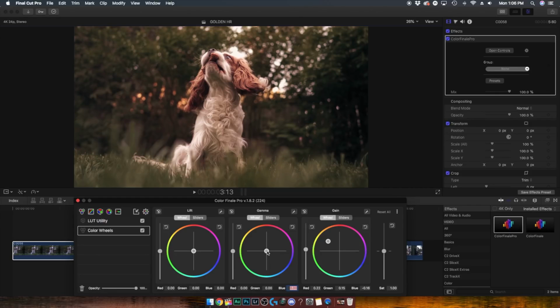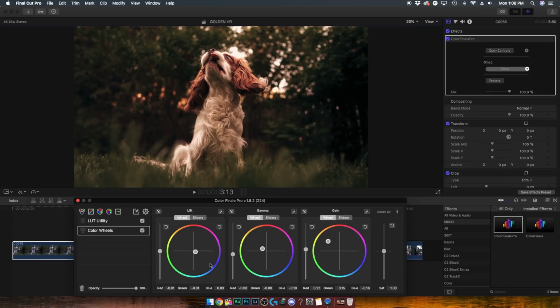So now we're going to focus on the midtones, and I'm going to adjust the gamma color wheel, and push more into this greenish yellow area. And again, just playing around with it until we're happy with how it looks. And I think I actually want to bring down the exposure in the midtones slightly to bring back some contrast. So now with the shadows, we're going to use our lift color wheel, and this time we're actually going to do a very minor adjustment in the opposite direction as before to somewhat counteract the warmness that we've introduced into